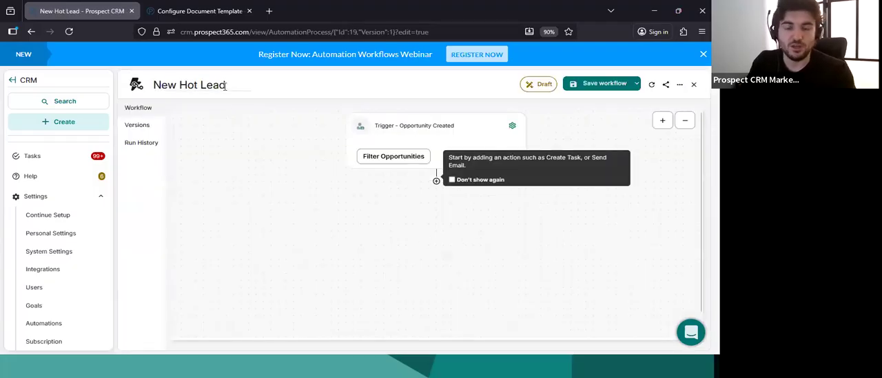So we've got our new hot lead workflow. If you change your mind on any filters that you want to do, you can click this filter opportunities button here and go back and change that. And we've got a little guide here as well to walk us through it. So if you do need a refresher and don't want to watch this back, then hopefully this can help along